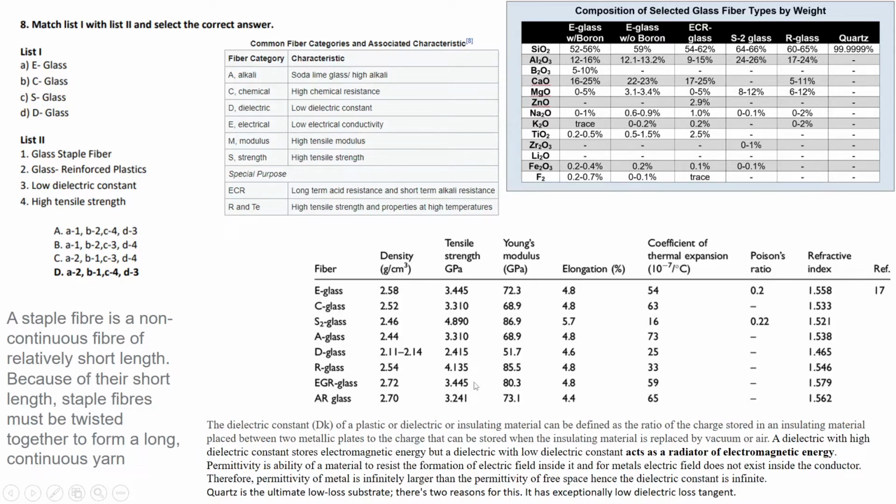So this is another table which indicates the properties of all these classes of glass fibers, and we can see density varies, tensile strength also varies a lot. We can see S glass has the highest tensile strength, and the same is being stated here, that S glass is signified for its high tensile strength. Its tensile strength is 4.8, while the rest lie between 2 to 3. R glass is also around 4, but nobody can match up to S glass, that is 4.8.